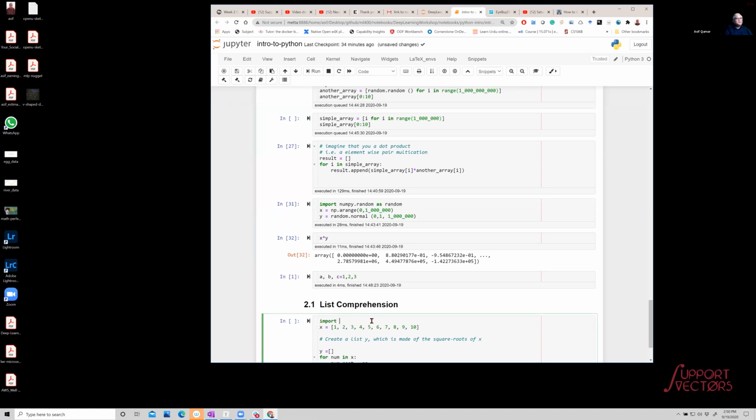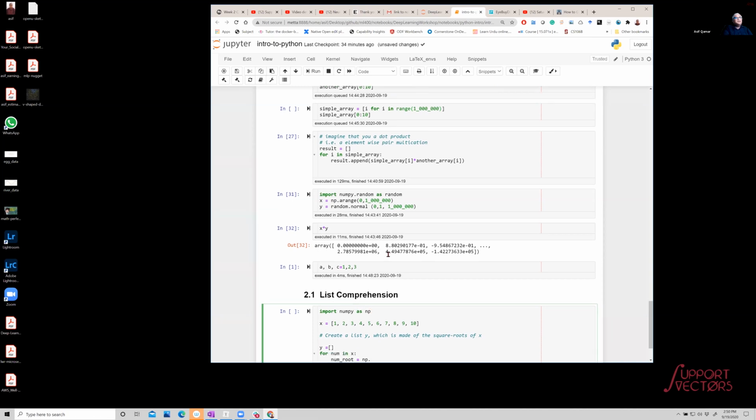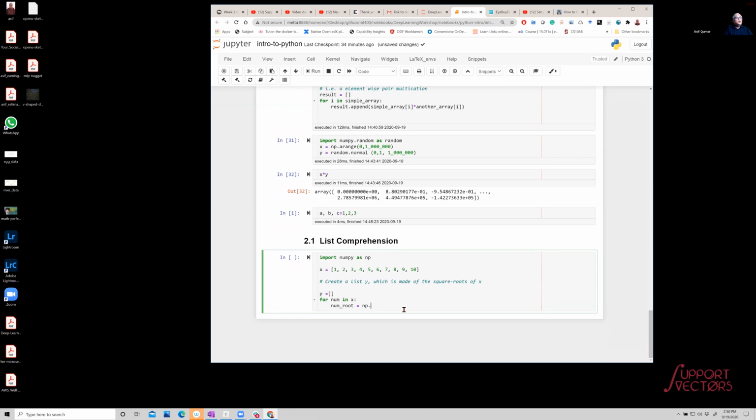You should put your imports at the top, but we'll do it here as np. And you go here, and again, let me center it, np.sqrt of num, right? And you can say y.append